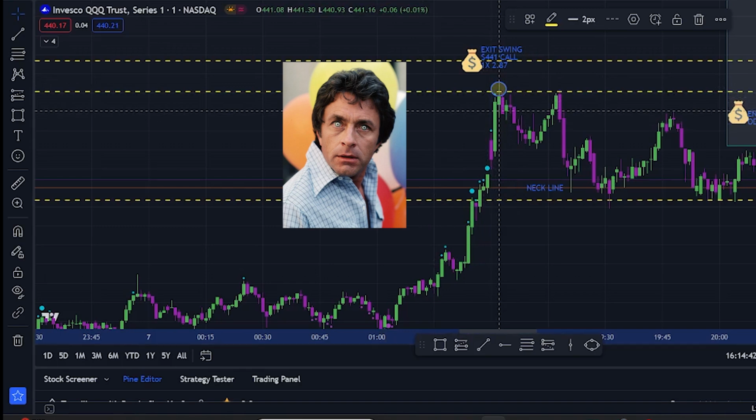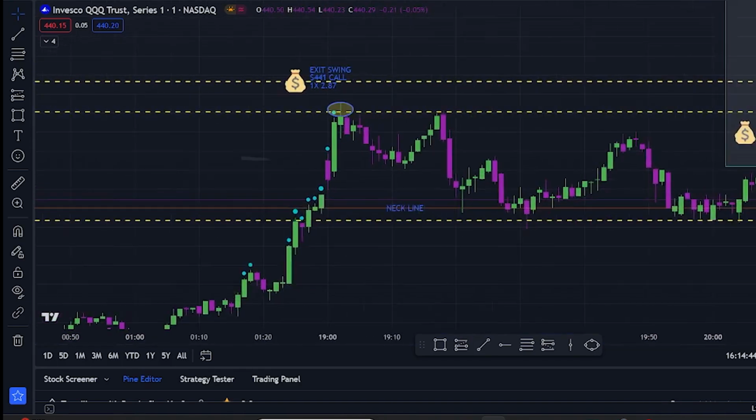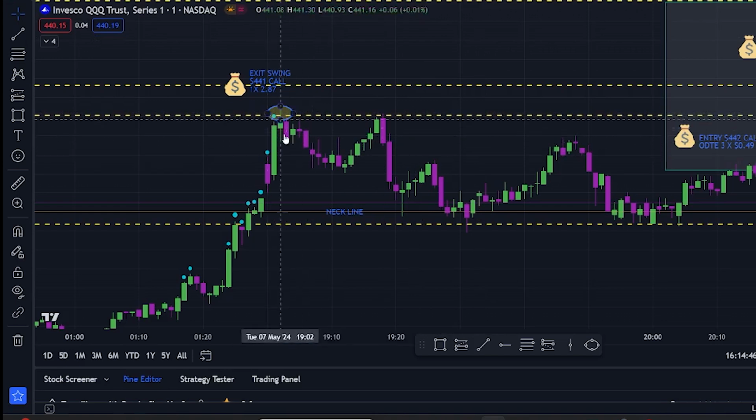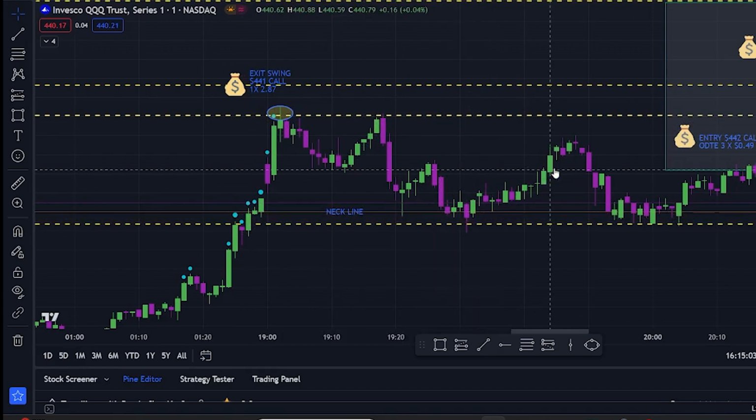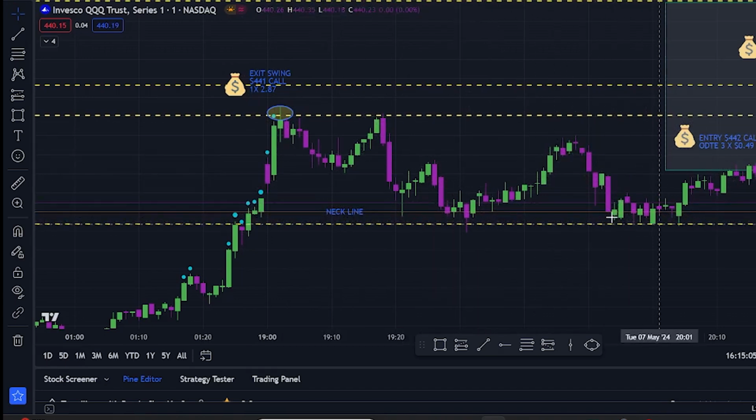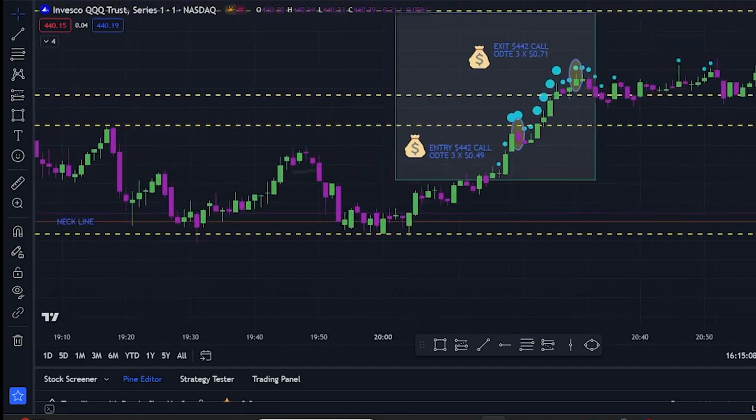And then right after I got out, boom, here come the huge David Banner candles, and it just starts to slide down. I already knew it was going to respect this level for a little bit, so I just wanted to get in and get out and take my profit. So you see it comes back down, boom, boom, boom, comes back up, touches it, comes back down again, and then I notice here it formed a neckline. All right, so it touches the neckline again, went back up, touches, so it just keeps consolidating within the channel.